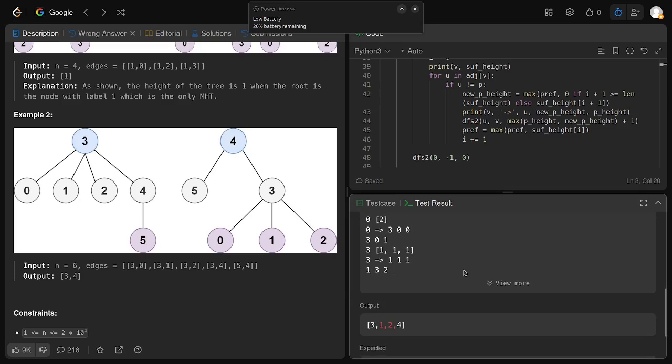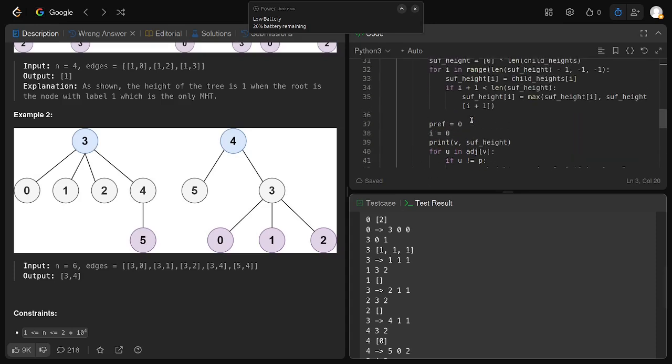So from 3 to 1. From parent going it's 1. From here it should not be 1 for sure, bro,